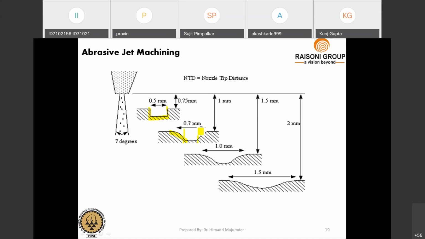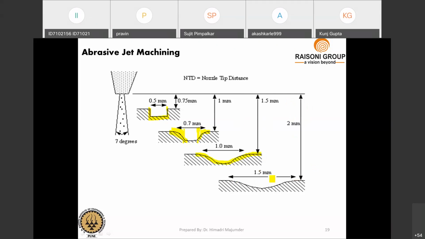The machining is not in a straight way. It gets diverted, a little diverted here and here. So more of a tapered formation, you can say, more cavity is formed in that way. So if you increase that standoff distance more, suppose 1.5 mm, then the width also increases and that inclination also increases here. More inclination you will find. Again, if you increase the standoff distance up to 2 mm, then there is more inclination and the width